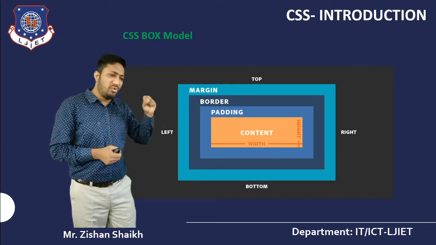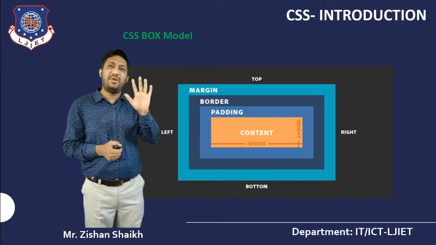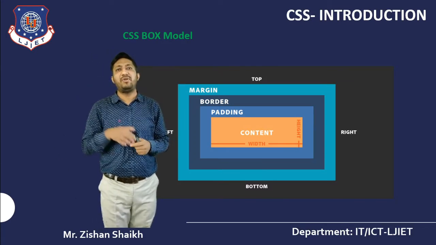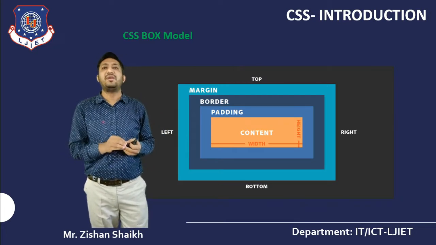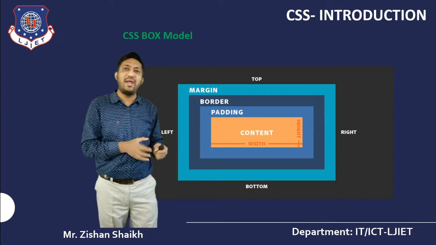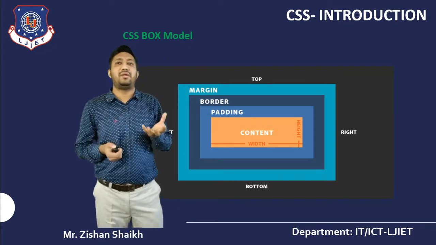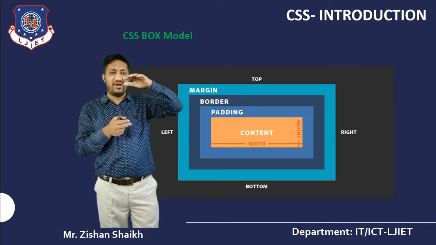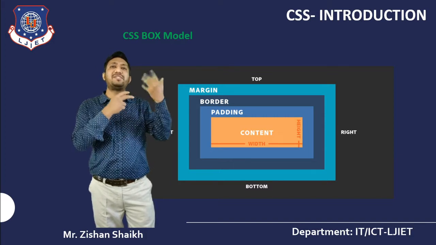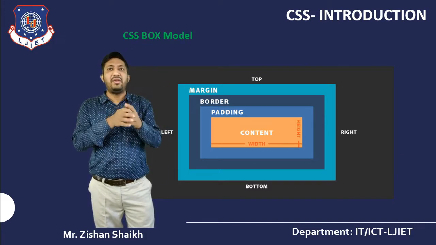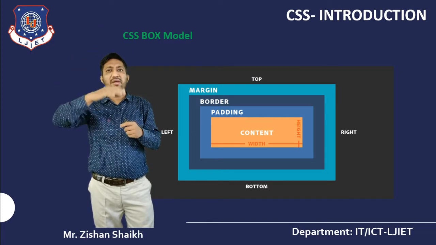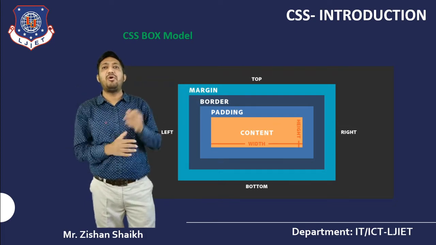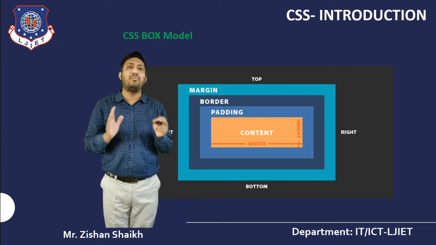Whatever you are putting on your screen, whatever is displayed, will be your container. In the container you are adding, suppose, one button, one checkbox, one paragraph, and all of it goes in one container. Suppose I am writing one line, then another line, and after that I am putting my images. How will it be displayed? How is one line separated from another line? From the top, what is the distance of my next line? From the left, from the right, from the bottom, all of that will be calculated in the context of one box model.